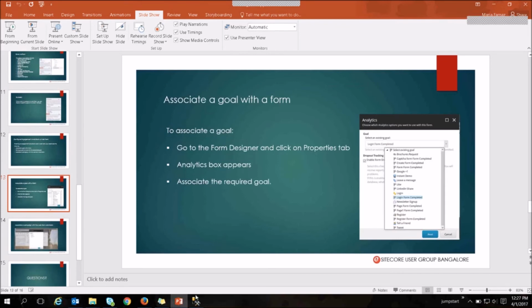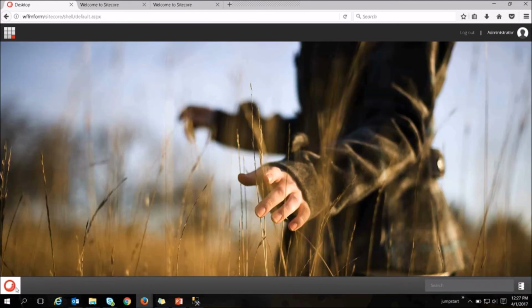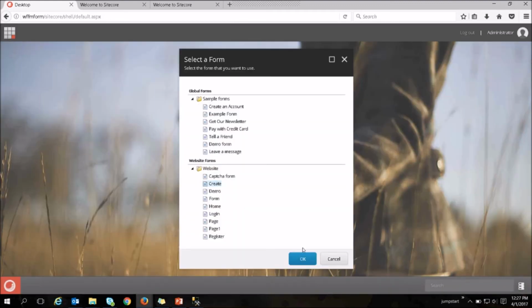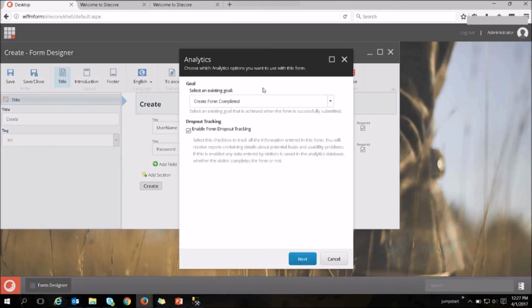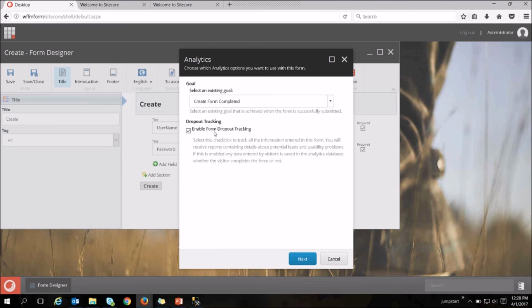So how would you associate a goal with a form? I'll be showing that again. So just go and click on the form designer, and create that particular web form. If you want to create analytics, just click on the properties tab and the dialog box appears, which I had initially told. So you can create a new goal or associate an existing goal to this. And there's an option called enable form dropout tracking. So once you check on